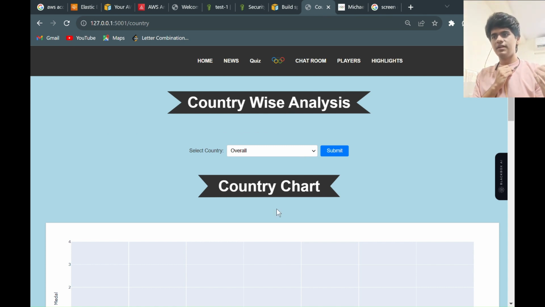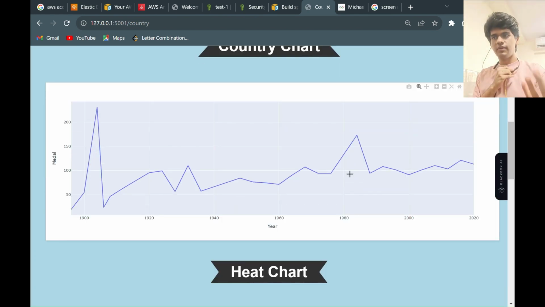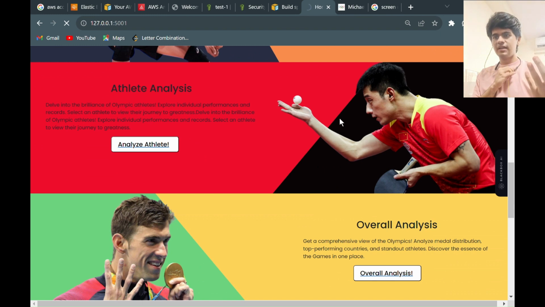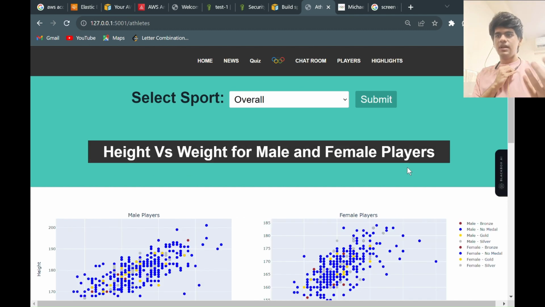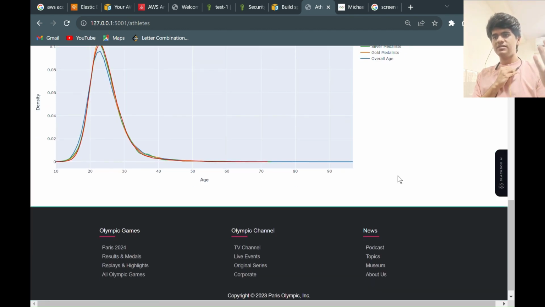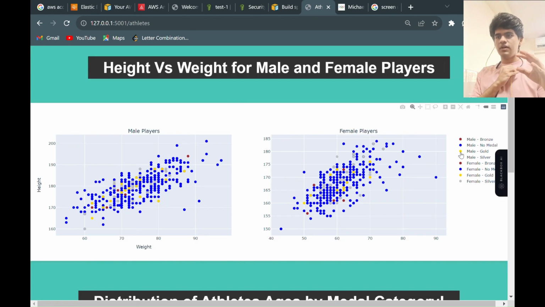We also have a line chart that shows medals won by the country in each Olympic edition. We also provide a heat map, or heat chart, that shows the number of participations of a country in a particular sport in each Olympic edition. The third category is the athlete-wise analysis, in which we can analyze medals won by male and female athletes on the basis of their height and weight in a particular sport with the help of a scatter plot. Then we can also analyze the medals won by the athletes against their age with the help of a probability distribution curve, which is interactive and curved with respect to the type of medal.